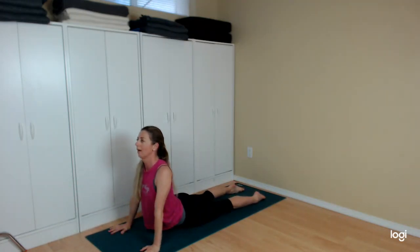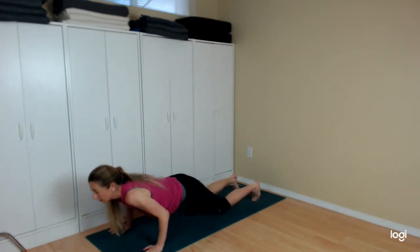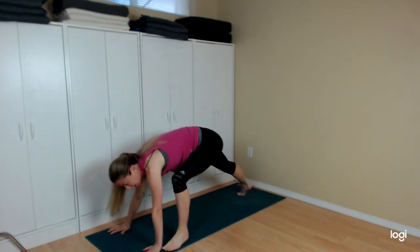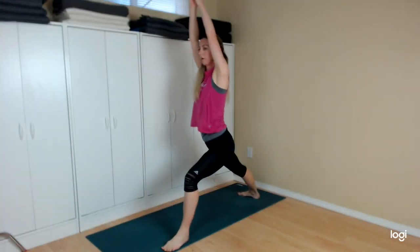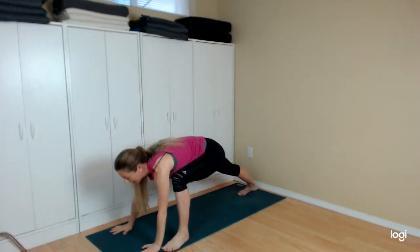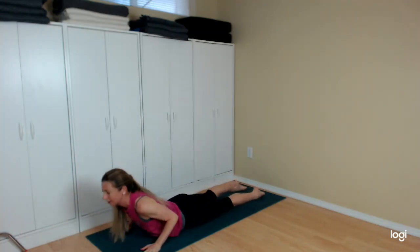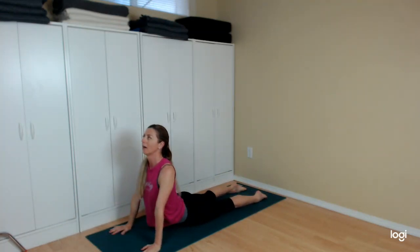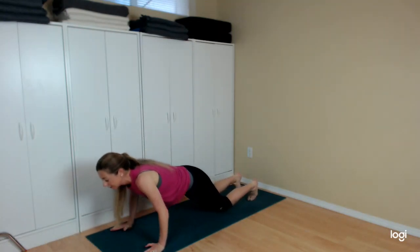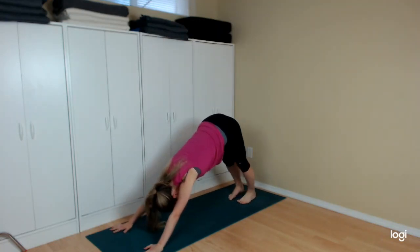Inhale, up. Exhale, downward dog, other side. Inhale, warrior one. Exhale, chaturanga. Inhale, up. Exhale, downward dog or child's pose for